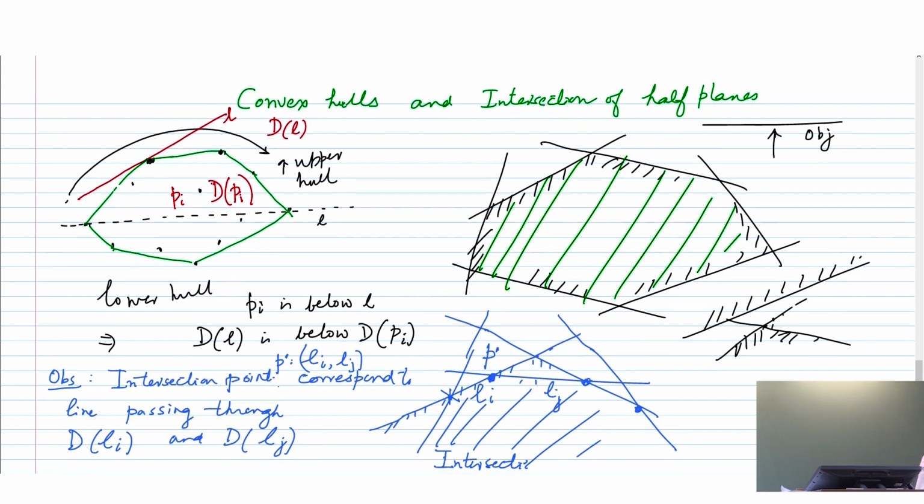See, this line is above all these points. And then this point is above all the half spaces. That's the way to read it out. What is the dual of this? The dual of this is this structure basically. So this structure and this structure are exactly duals of each other. Okay, so